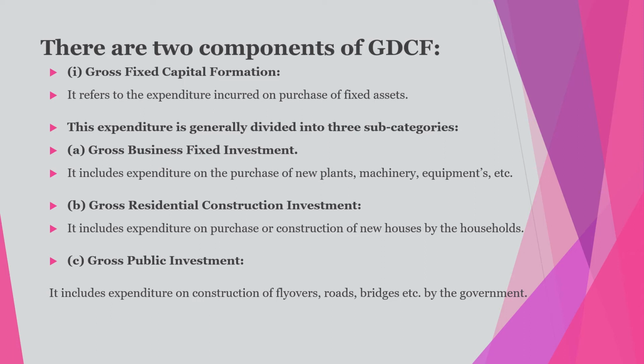It includes expenditure on purchase or construction of new houses by the household. Third, gross public investment. It includes expenditure on construction of flyovers, roads, bridges, etc. by the government. If in the question it is given gross fixed capital formation, then add change in inventory. If it is not given, then add gross business fixed investment, gross residential construction investment plus gross public